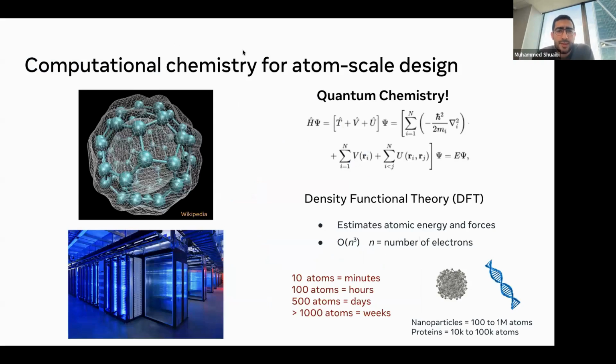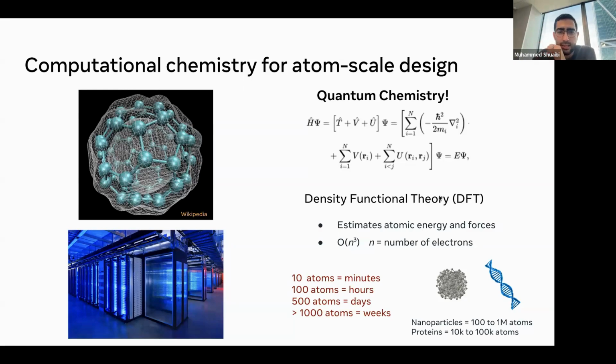So what we do is study this on a computational level. I talked about how traditionally people go to a lab studying it experimentally. I'm not going to get into the details of what the quantum chemistry is and how this works, but at a very high level, just imagine we have a simulation tool that you can feed an atom structure into, and we're able to study properties from it. This is called density functional theory. I'll refer to it as DFT throughout the talk.